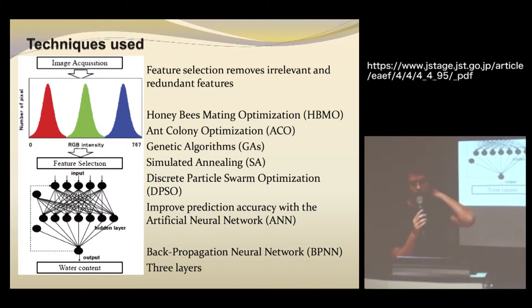All these algorithms are methods to optimize the data before giving it as input to the artificial neural network. In this network, they decided to use the backpropagation neural network, which is just an artificial neural network with 3 layers, the input layer, and